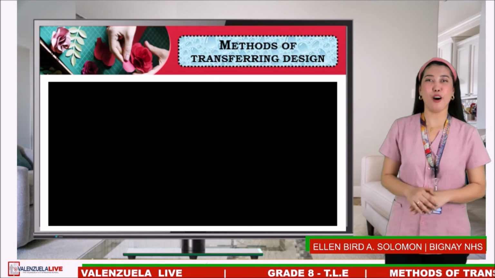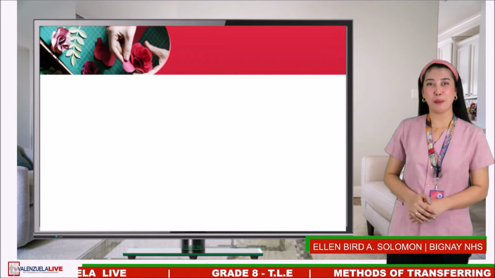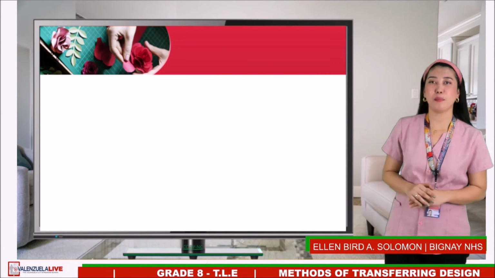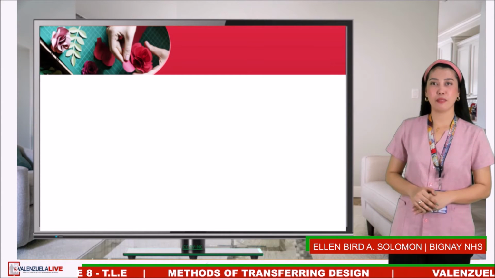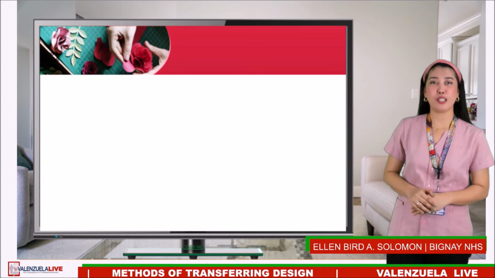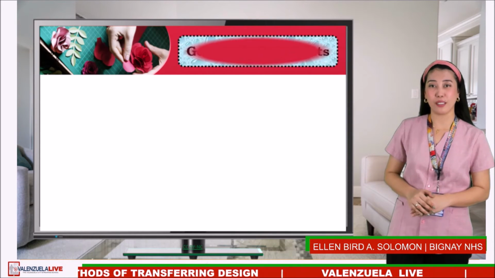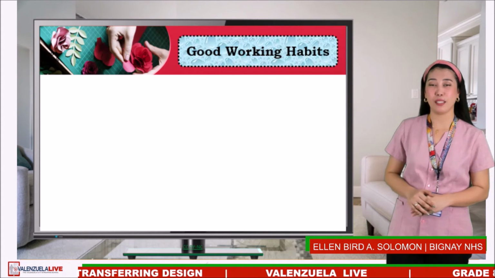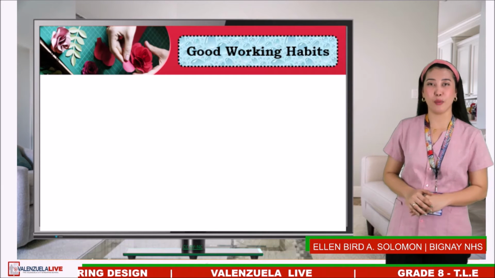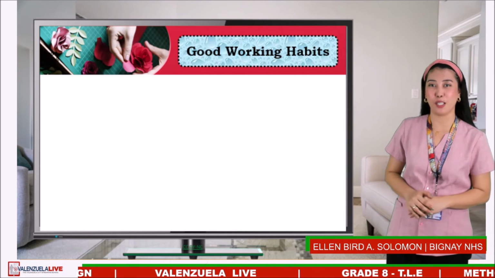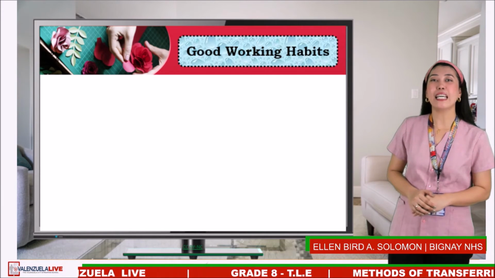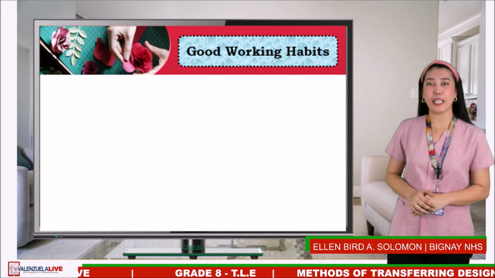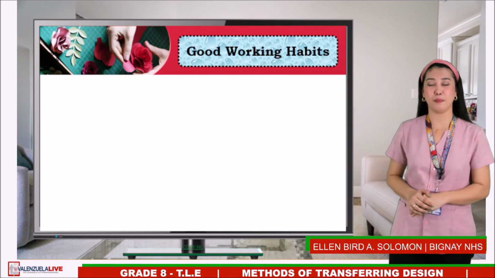With the help of readily available stamps, you can create beautifully patterned fabric surfaces. It is not enough that you are aware of the different embroidery stitches, tools, and materials needed in embroidery work and methods of transferring design. How to do it correctly, neatly, and beautifully is also important.